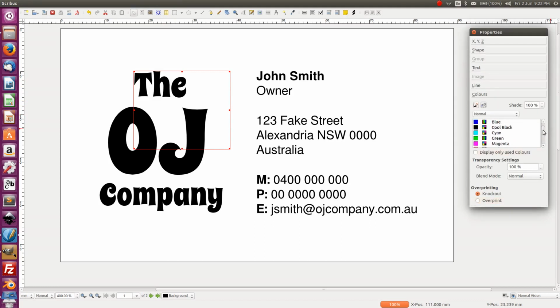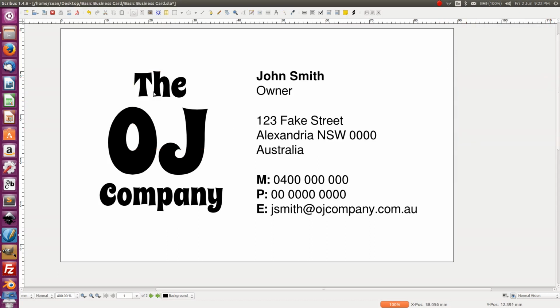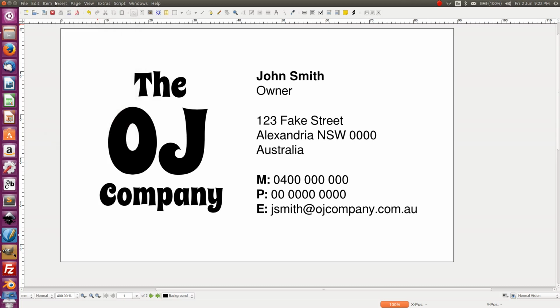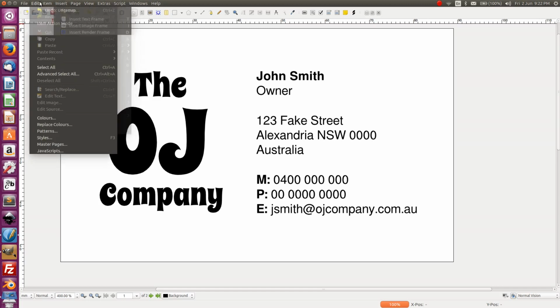Okay, you can see how we've got all these colours in here. So what you can do is you go up here up the top to, where is it? It's here somewhere. Edit, and you go colours,